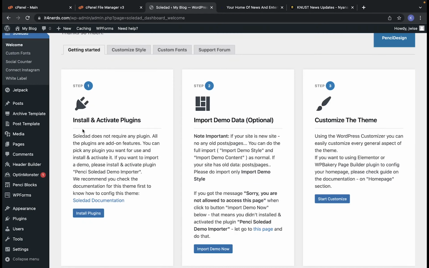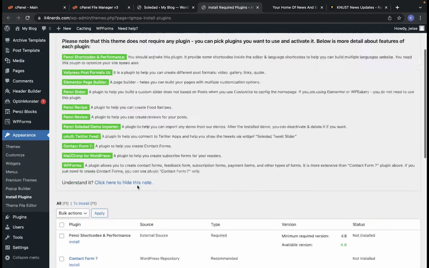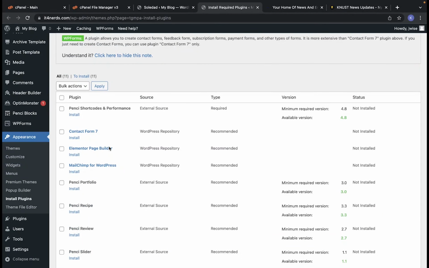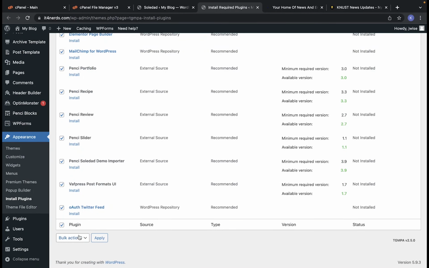So we have step 1, install and activate plugins, right? We're going to install and activate all the plugins. Required is the keyword here. All these plugins are required, right? So you click on install, apply,